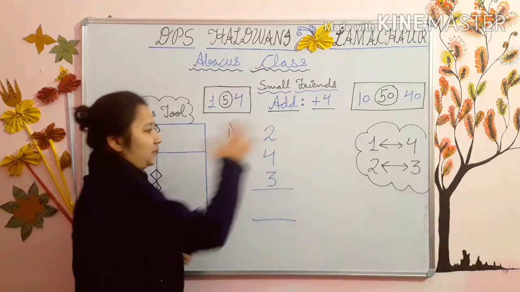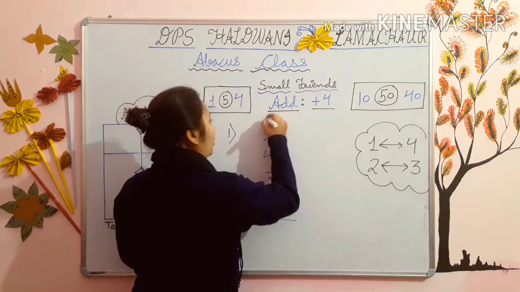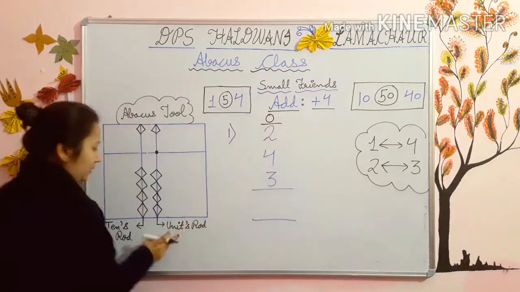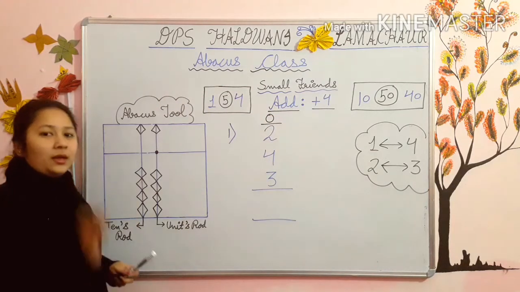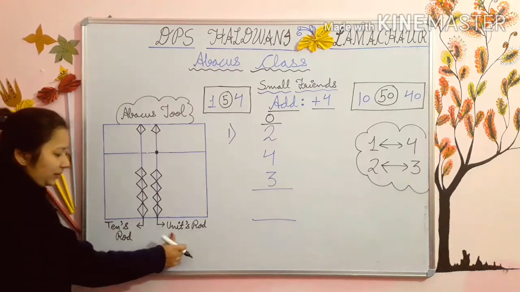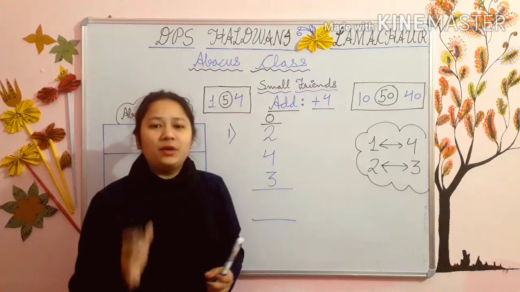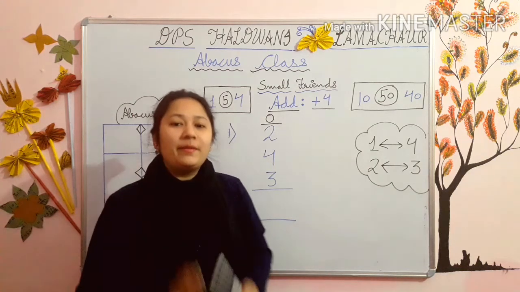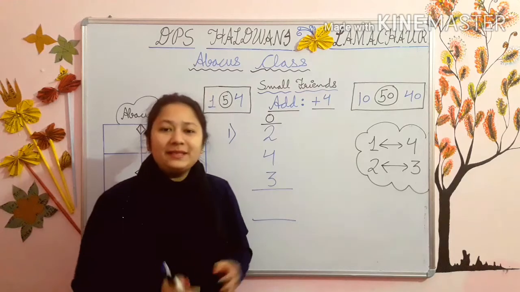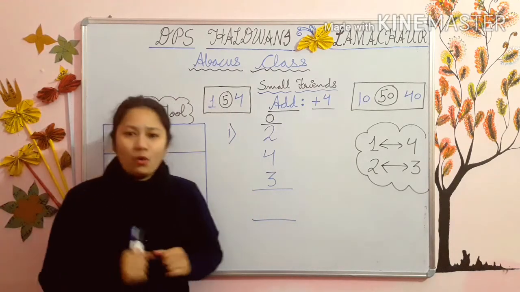So kids, this is our first sum. As you all know, it will go in the ones rod, or you can say the units rod. Here I have drawn the abacus tool for you. Always remember that this is the units rod and this is the tens rod. In these two rods only we do our abacus. Students, those who don't have an abacus tool at your homes, please either buy the tool or you can make this tool at your home also.